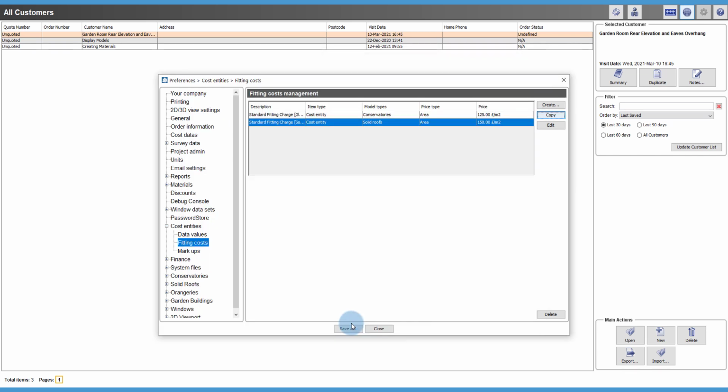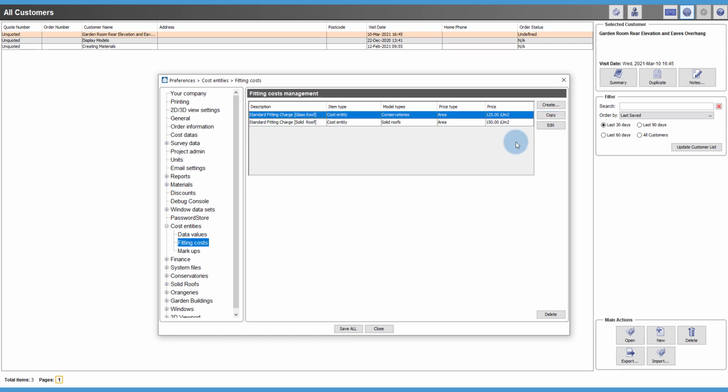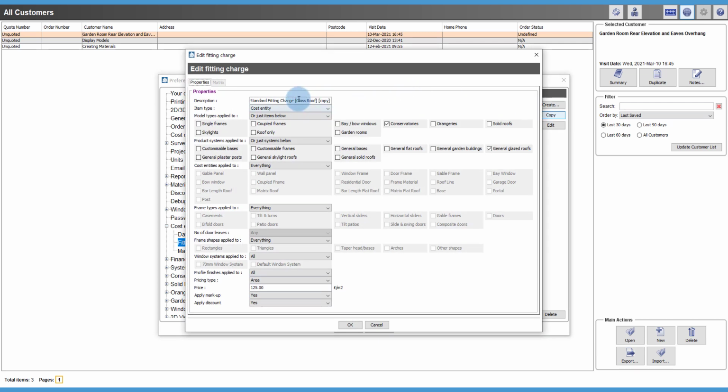Now I'm going to create a fitting charge for standalone frames. So I'm going to copy the glass roof fitting charge that we have created and then adjust the name accordingly. This time we need to adjust the model types applied to area to include all options relating to window frames. So I'm just going to deselect conservatories, and then I need to select single frames, coupled frames, bay and bow windows. Then moving down to the product systems applied to area, we need to select customizable frames and then deselect